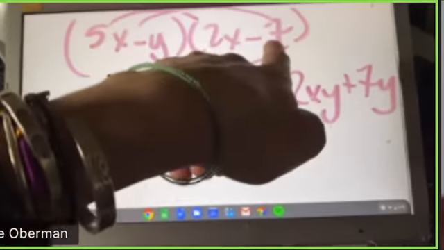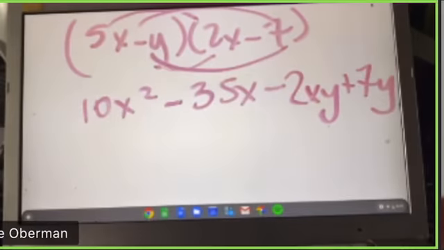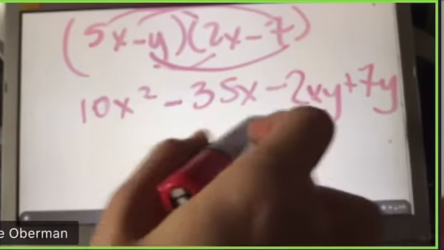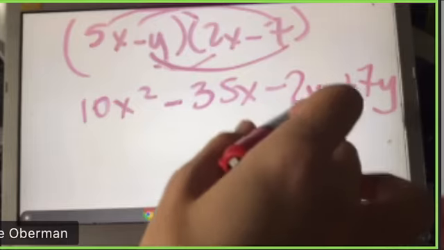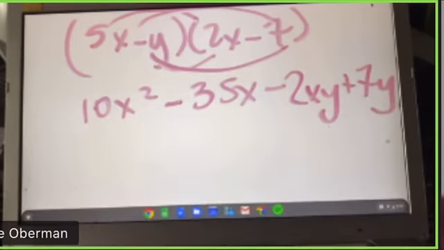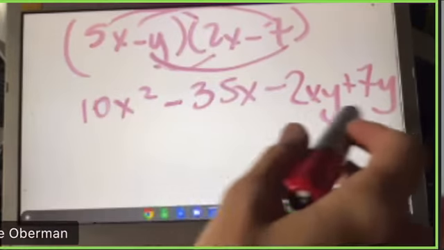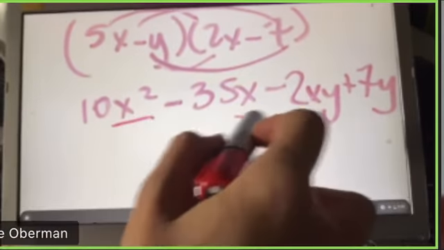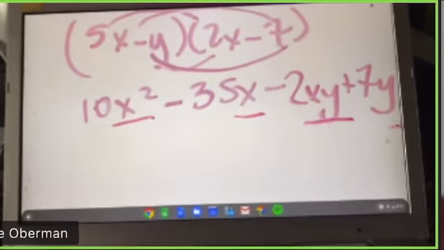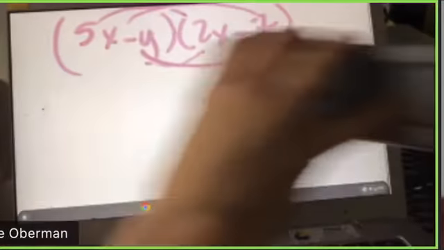So you have to watch your signs, okay? Even I have to watch my signs. Okay, then minus 2xy plus 7y, because we had two negatives. And then that's it, because look, we don't even have any like terms. We have an x squared, we have an x, an xy, and a y. Cool? All right, so moving along to the next thing you have to do, and it's not really using FOIL